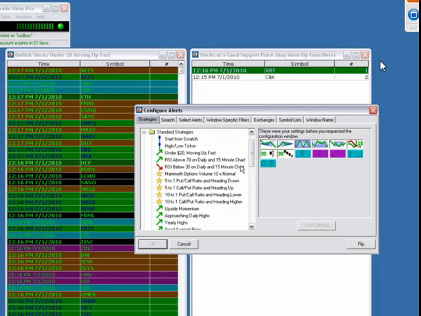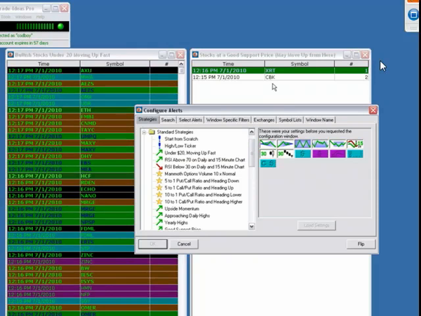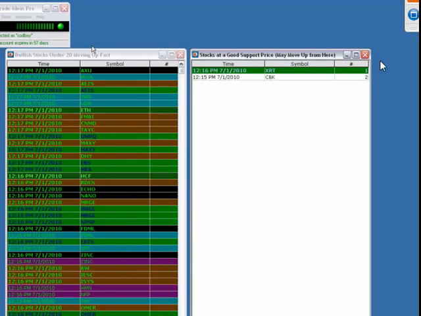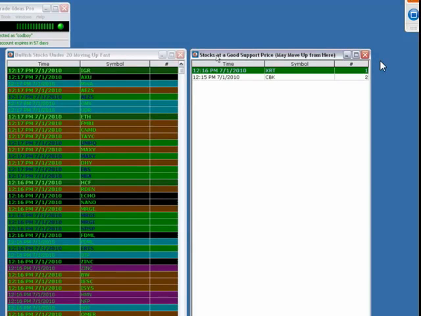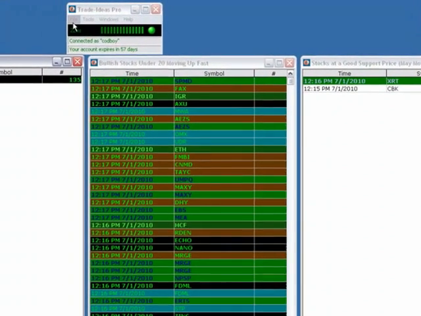And whether you want to open up 2 of these pre-configured strategies or whether you want to have 30 of them or all of them on your desktop, that's possible since we don't limit the user as to the number of windows that they can have open at any given time. And you can save those? Yep. Matter of fact, let's say every time I open Trade Ideas, I want these windows to come up just like they are with all the settings intact. All I would need to do to make sure that happens is come up here to File,